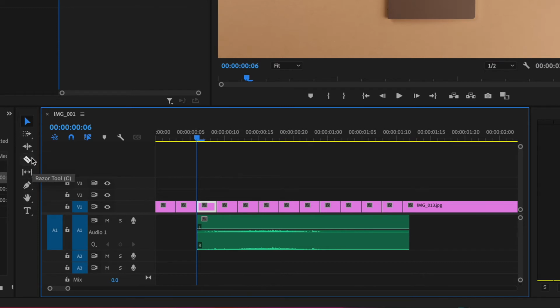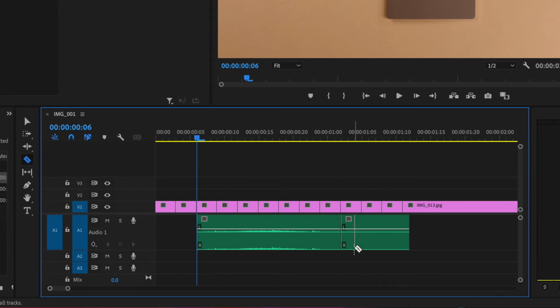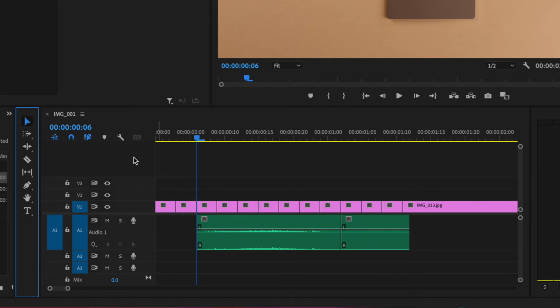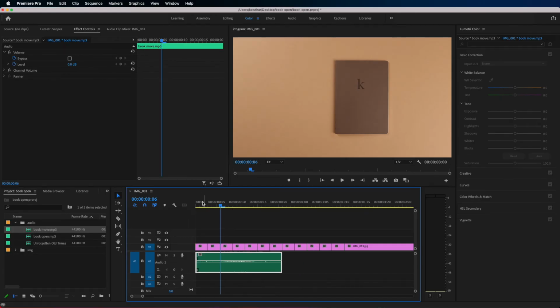So notice here you have different tools. So I'll use the razor tool and just cut it. So now I split the audio. Use the selection tool and click on the place where you want to remove and delete. So I'm just going to drag it at the start. Now if I play,